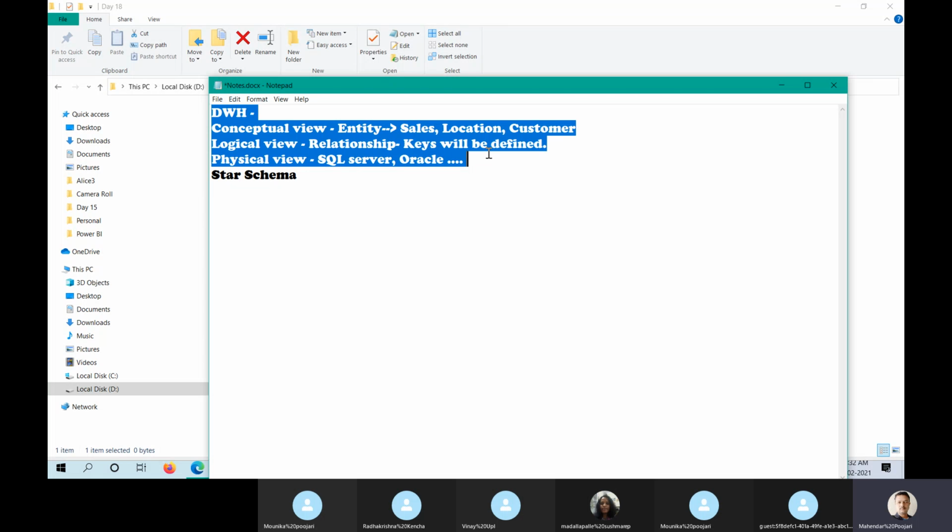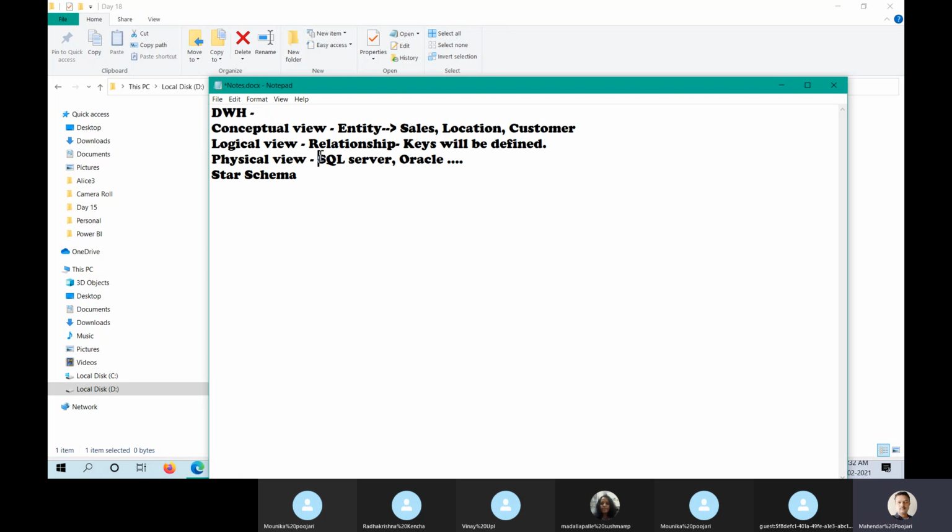In the logical view, you create the relations between the entities created in the conceptual view. In the physical view, you implement the real data warehouse. This is called implementation of the data warehouse.